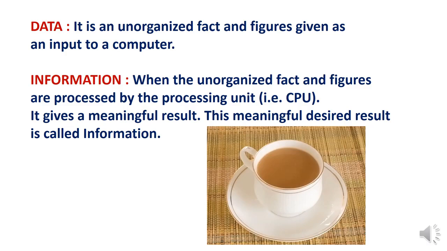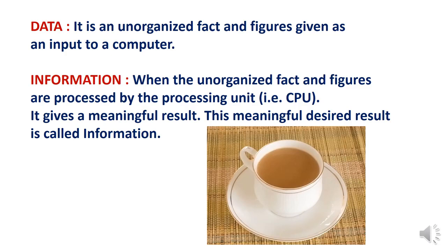Also, you can see on the screen, dear students, a cup of tea. Now you might be wondering what a cup of tea is doing here on the screen. This is also a good example of data and information. Let us talk about how to make a cup of tea. To make a cup of tea, we need certain ingredients: water, milk, a pan, a utensil and let us say a gas stove also.